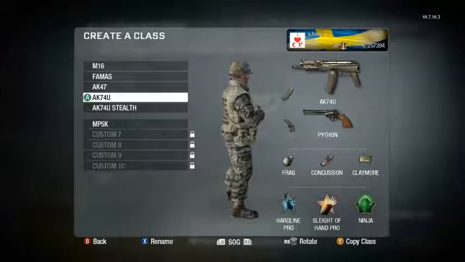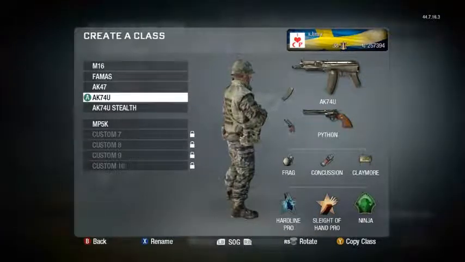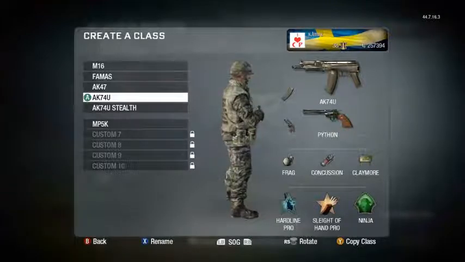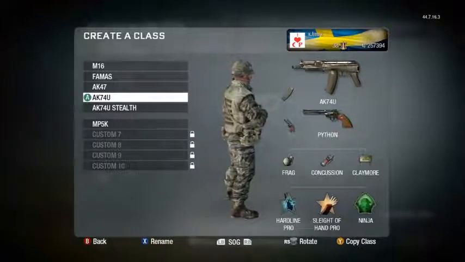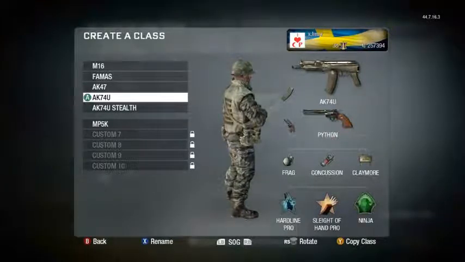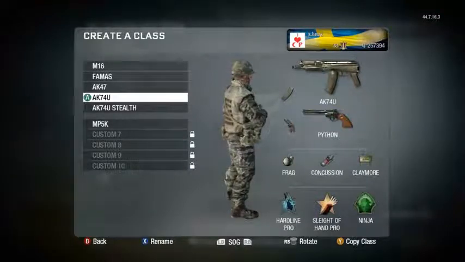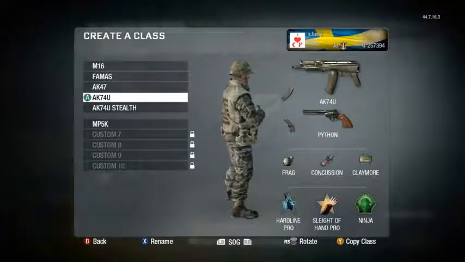Then my first submachine gun class. So this is the AK-74U. I got frag grenades on this, concussion, claymore, hardline, sleight of hand, ninja. A very simple setup. It parallels a lot of the stuff that I use in the classes above. The AK-74U is without a doubt my favorite gun in this game so far. It is the best weapon in my opinion, especially for rushing, and extended mags on it gives me a lot